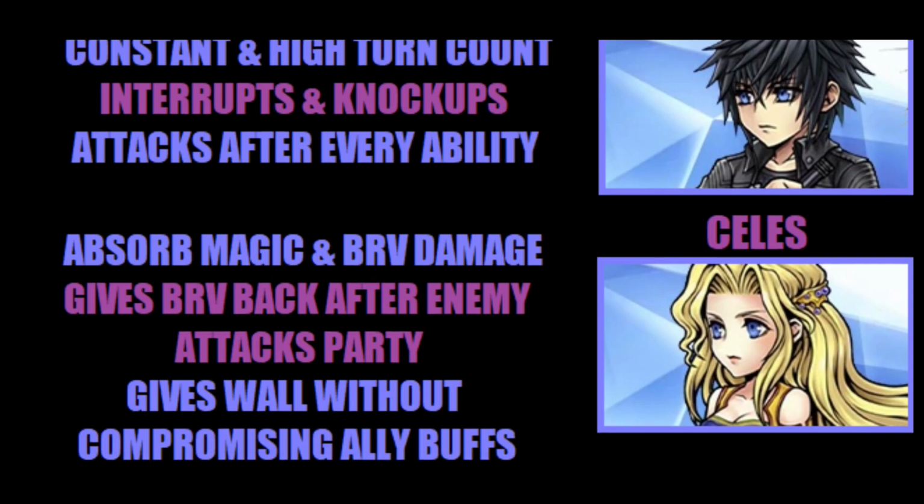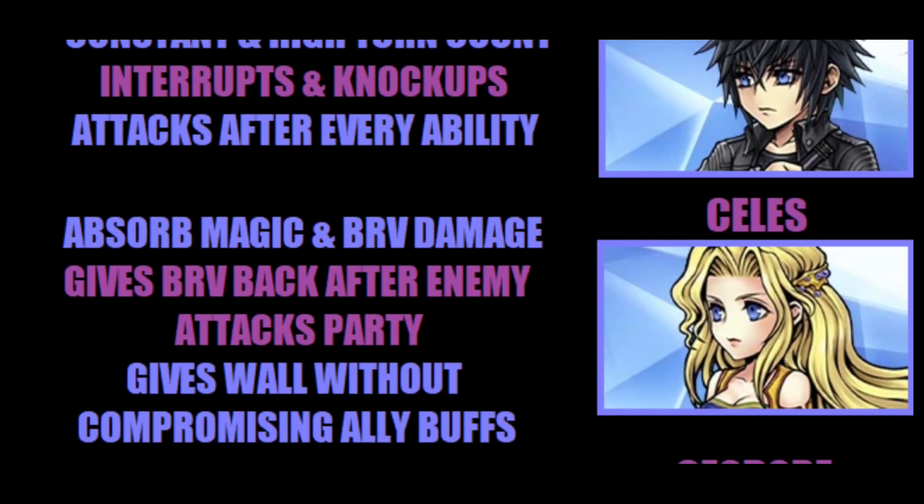Next, we have Celeste. What's good about Celeste? Well, she absorbs magic and brave damage, pretty much to be able to mitigate all the damage that's coming from magic attack on you or your allies. She gives brave back to your allies after the enemy attacks the party, which is really nice. It's a certain percentage depending on what sort of damage comes towards you and your allies, but that damage mitigated and